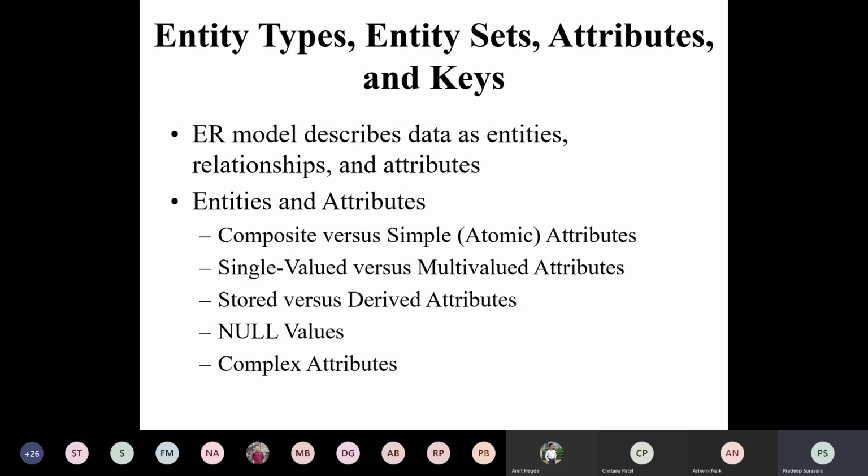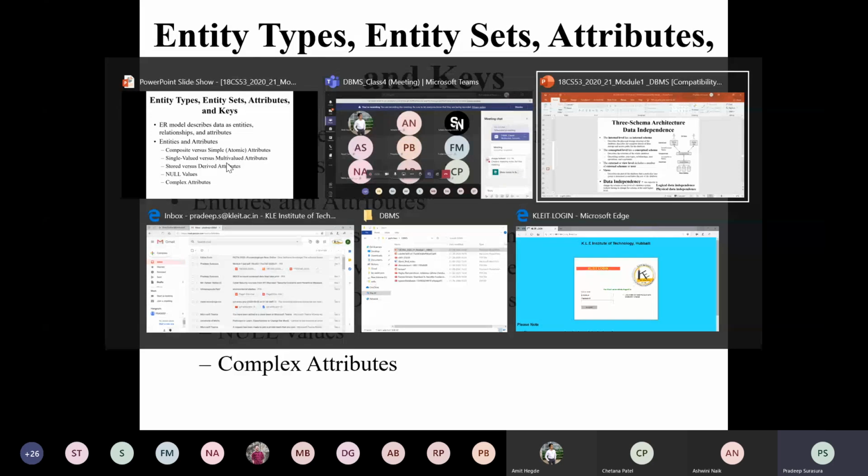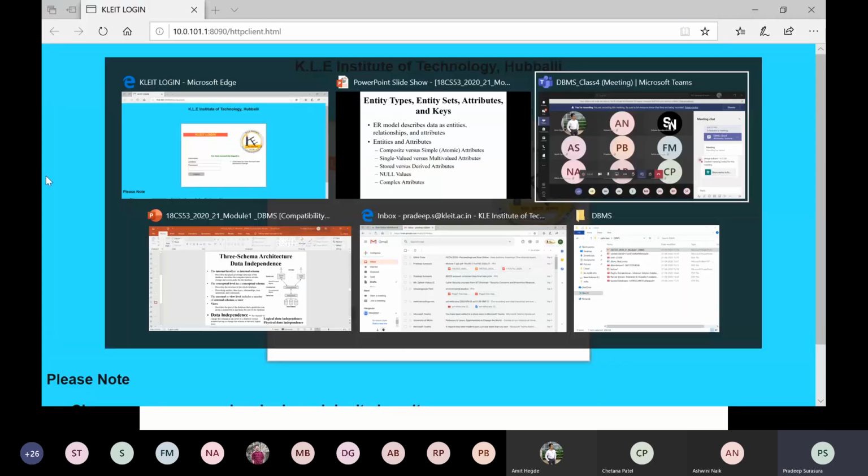What is an attribute? An attribute is some property which is describing the entity. I repeat again, an attribute is some property describing the entity. In the morning I gave you an example, right?